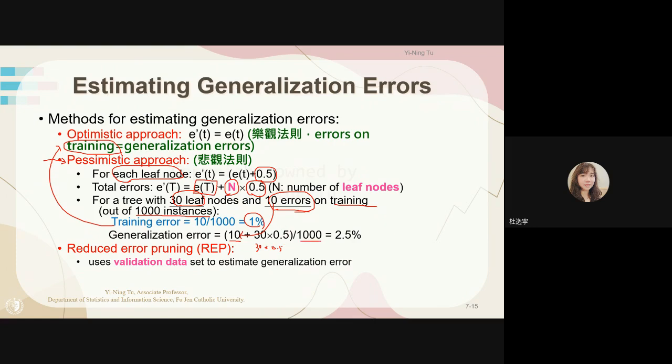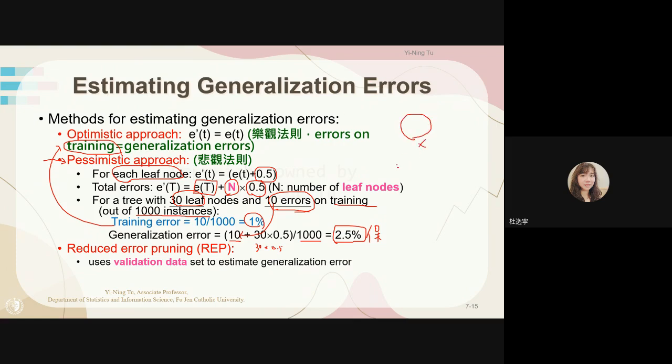Then my pessimistic error will be 2.5%. It's higher, so it's more conservative. 因为比较保守，conservative 保守的意思。